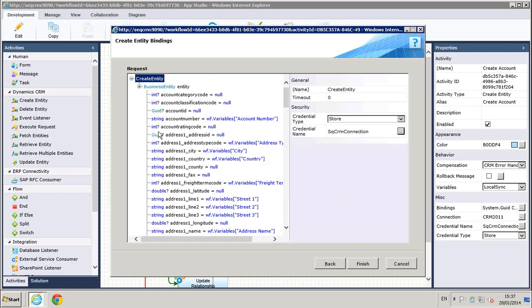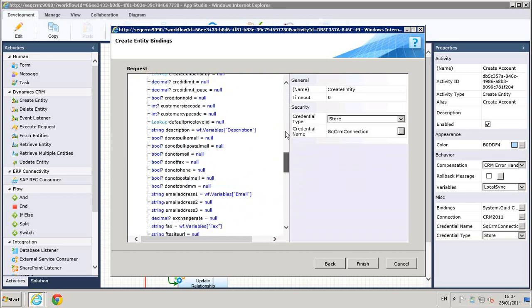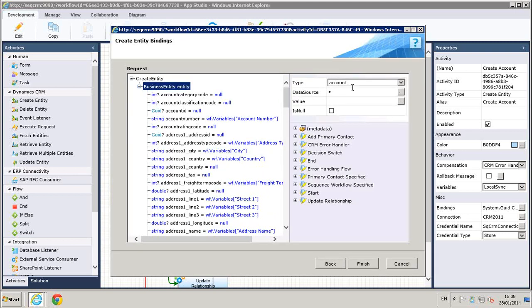Here, and this is a view for people that really understand the workings of CRM. So this wouldn't need to be used by power users building Sequence processes. This would be used, as I said, perhaps by IT to set up the system at the start of the project. But here, these are all of the fields that can be passed into the account. I've selected the entity is of type account, and these are all the input parameters for that. And here is all of the fields in my process,